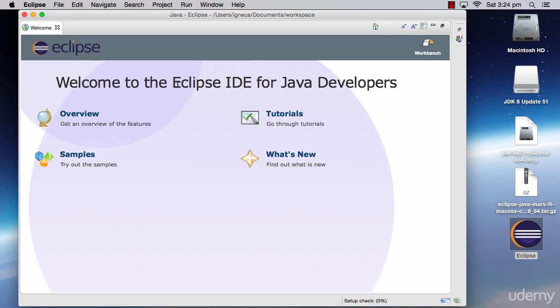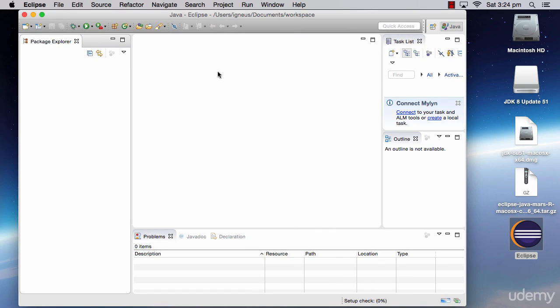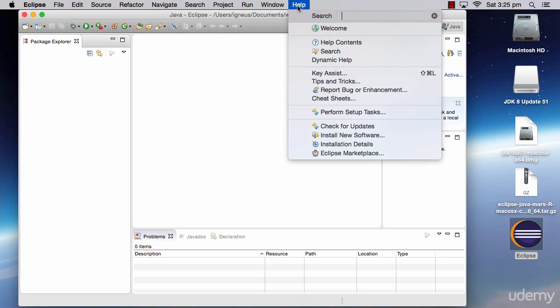Okay, so once you are here, you can simply close this or you can simply move to the workbench. Now the things are ready, but not yet completely ready. Right now you can see it is made for Java, but we do not need Java, we need Python to work with. So click on the Help menu and there will be an option for Install New Software. Once you click on that,